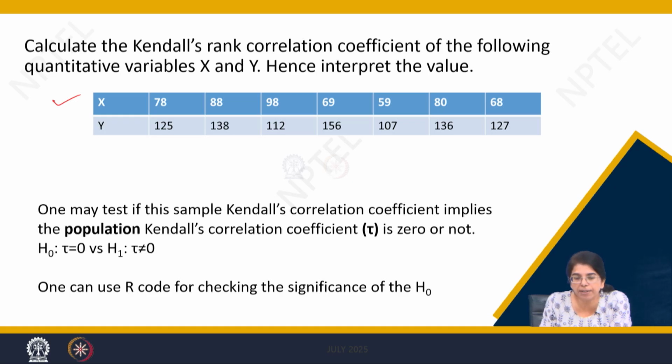Now, what is the basic difference of this example from the previous one? In this example, we can see these are quantitative variables, right? So what I taught you last lecture, that you have to convert all these quantitative variables into their corresponding ranks. Clear? Afterwards, do the same thing and you will find the answer. But we will use this problem in R. Okay, we will use this problem while doing the R codes.